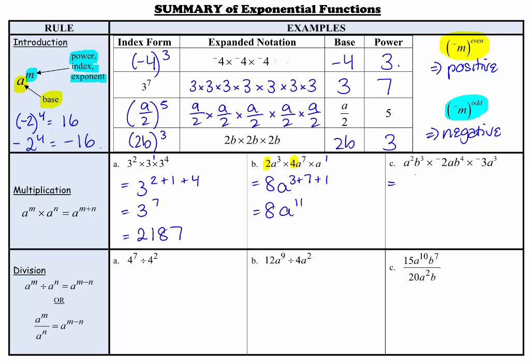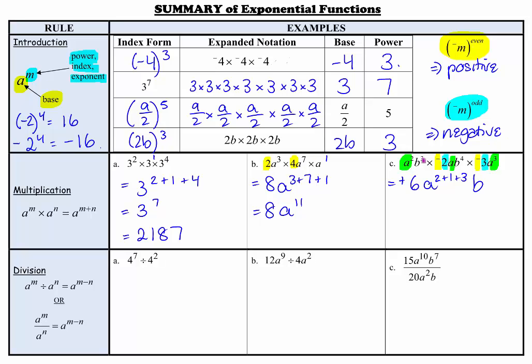Next, again, we have some negatives here, so I'm going to look at those first. I have 2 negatives, so my answer, and I don't have to write the positive, but just to point it out, my answer is positive. My numbers are 2 times 3, and 2 times 3 is 6. Then I look at my a's. For my a's, I have a squared times a cubed. So that is a to the 2 plus 1 plus 3, and then b,